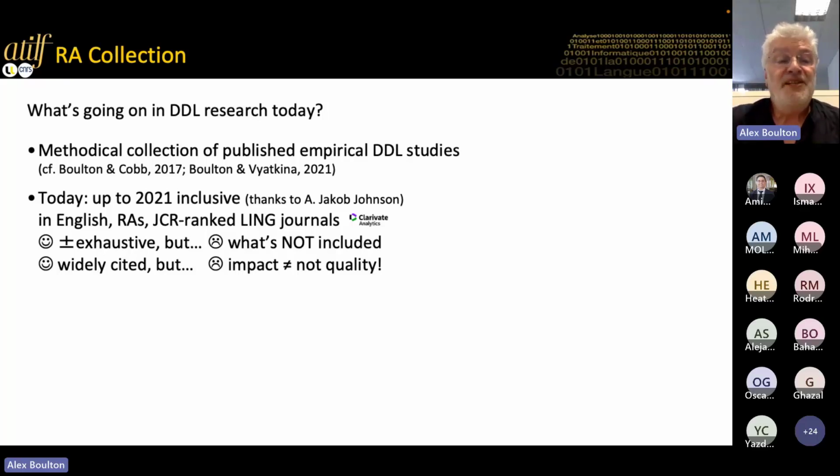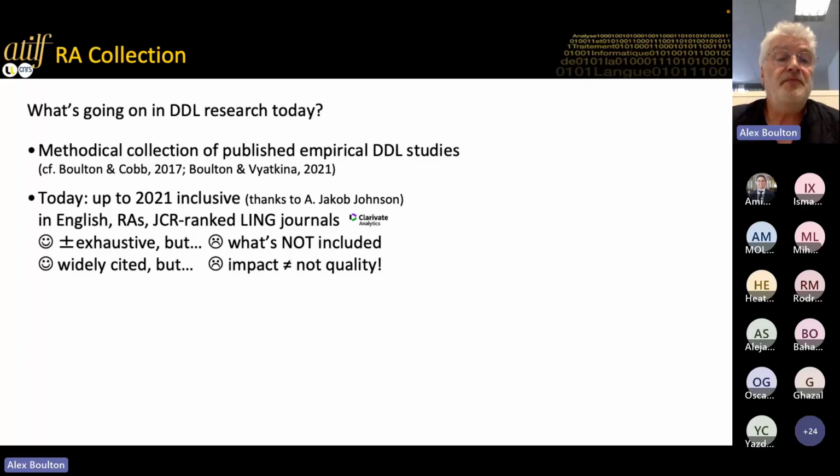Okay, this has advantages, in that we can be almost certain that we've got almost all of the papers which correspond to these criteria. But there's an awful lot that's not included. Papers published in other languages, papers which are not published as journal articles, but book chapters or conference proceedings or PhD theses, or which are published in other journals which don't have an impact factor, or journals which might be in education but in linguistics. So we're exhaustive for what we've got, but it's not everything by any means.